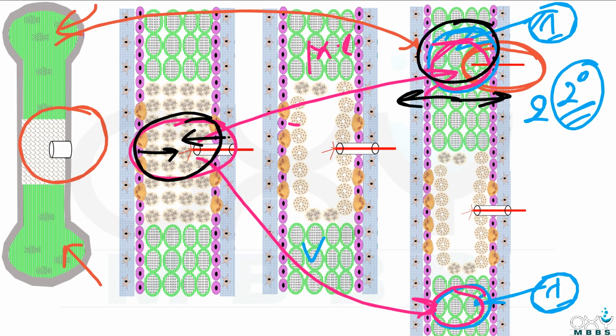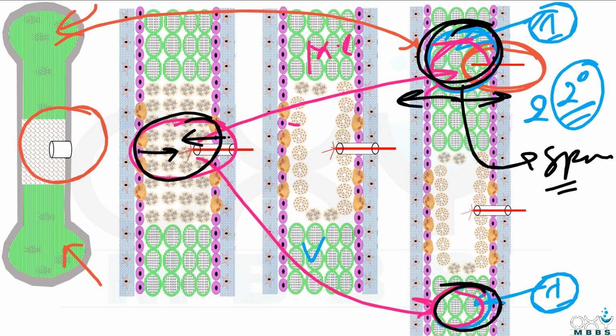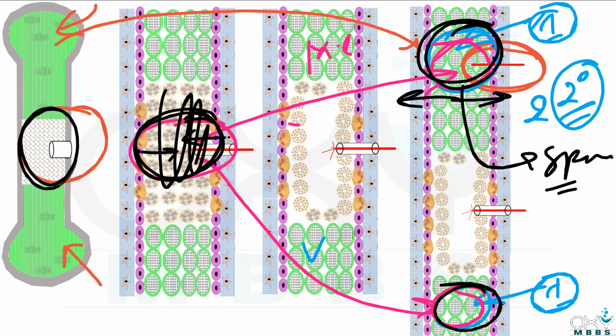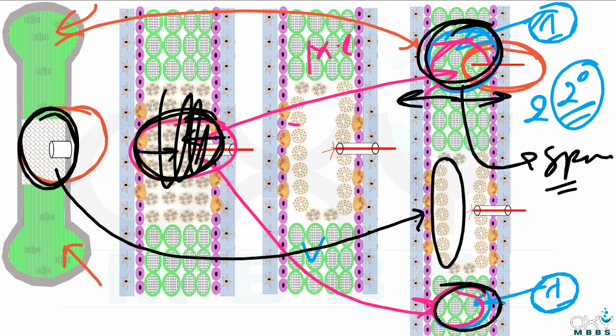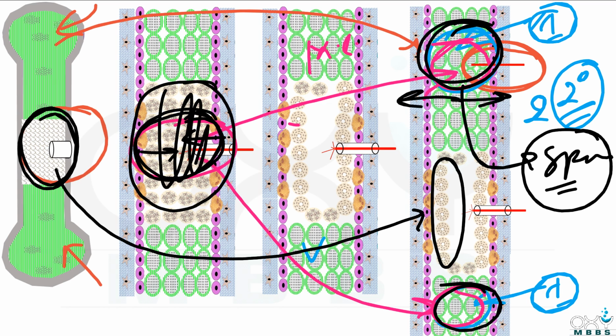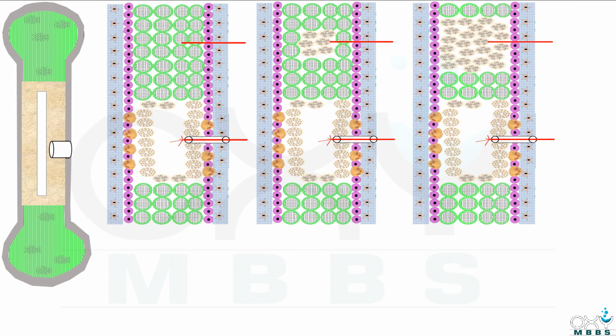But the difference is that secondary ossification proceeds from in to out, while primary proceeds from out to in. Bony tissue formed by the secondary ossification center always remains spongy bony tissue, while through the primary ossification center, the first bony tissue formed is spongy bony tissue, but later on this spongy bony tissue is converted into compact bone tissue. It means spongy bony tissue from the primary ossification center is temporary, while it is permanent from the secondary ossification center. So this is how the secondary ossification center grows.